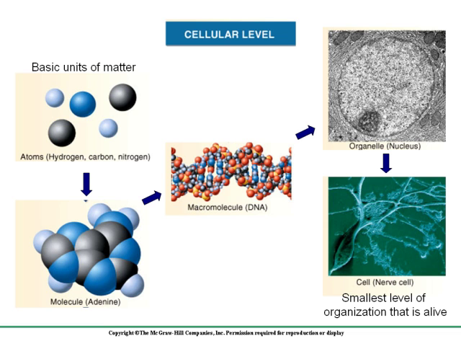These molecules are grouped together to form larger macromolecules or large molecules. For instance, in this example, DNA. And these macromolecules can come together to form what are called organelles. Organelles are basically like mini organs. They're going to perform specific functions within a cell. And as an example here, we see DNA coming together to form this organelle, the nucleus.